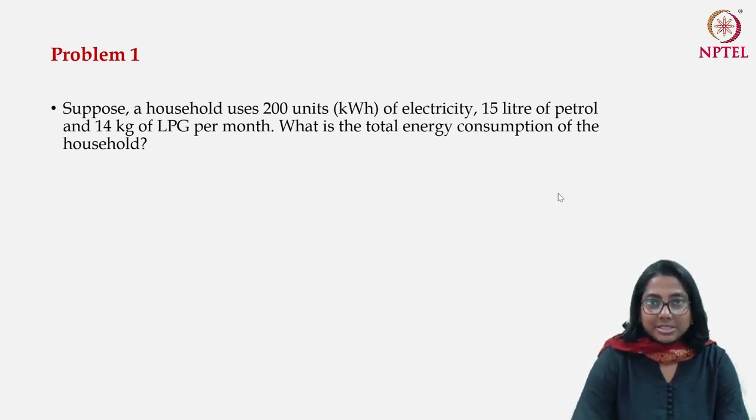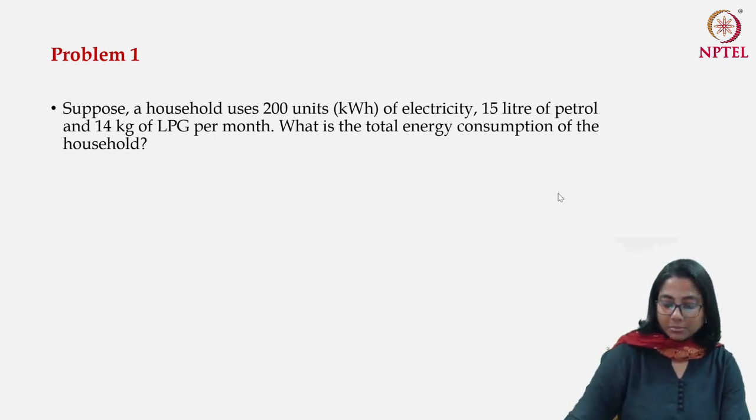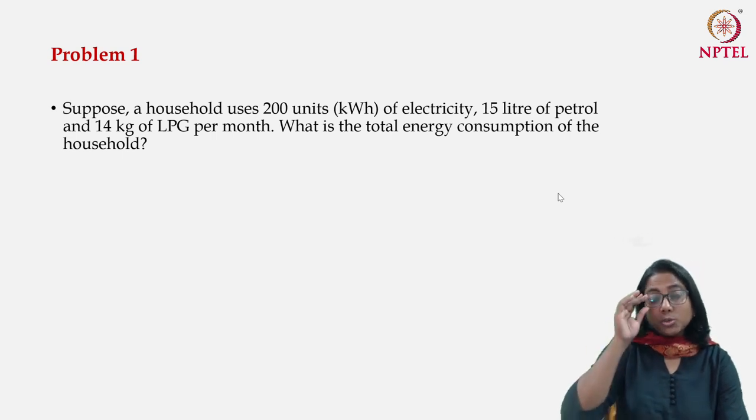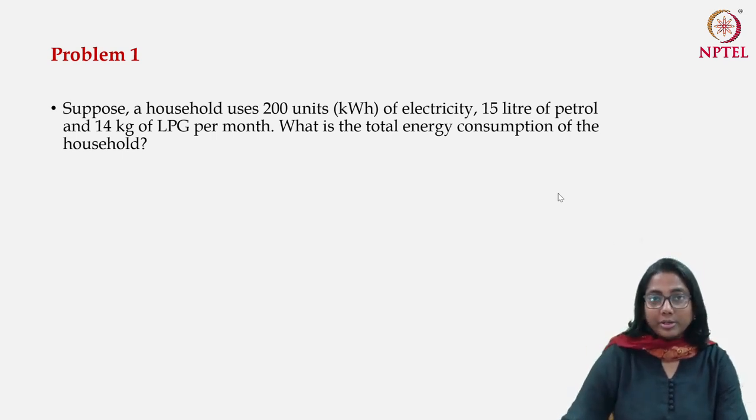When you get the electricity bill at the end of the month, you can see that it's written that the units consumed is 100 or the units consumed is 200 and so on. So what does this unit mean? One unit is actually equivalent to 1 kilowatt hour. That is how the electricity bill comes. This is one of the observations you can make from the next time onward when you get the electricity bill.